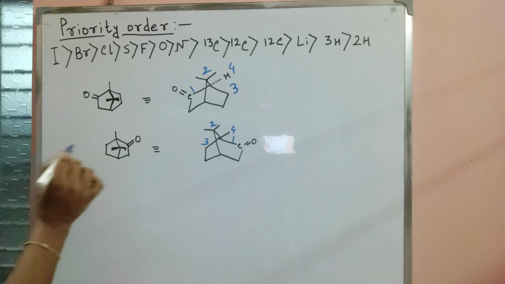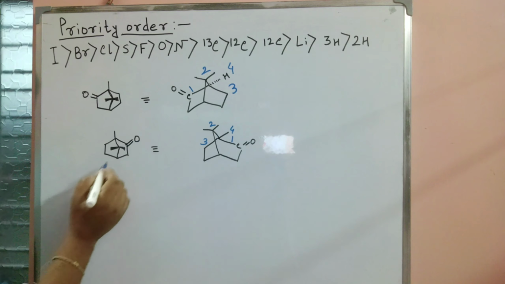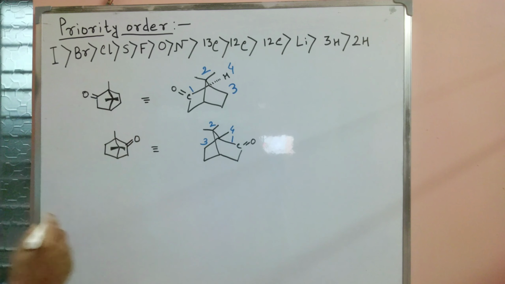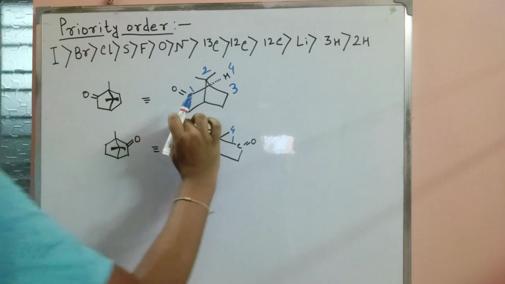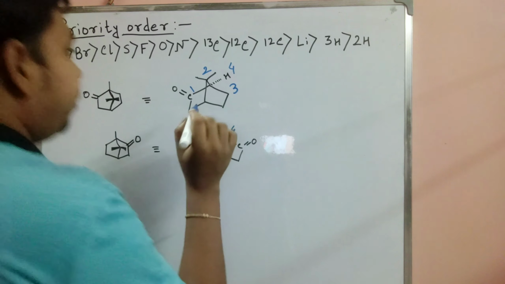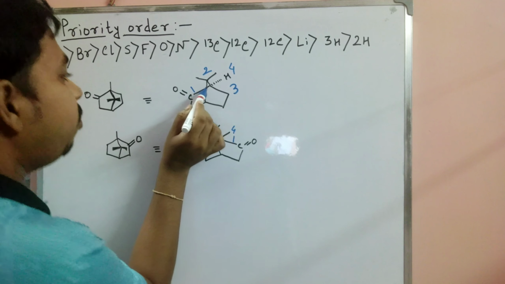In that case, the given molecule is here. One carbonyl group is present on the left side and on the right side, and here there is one 2-methyl group present. So at first we convert this molecule to this form. After conversion of this structure, as per our priority rules, the C double bond O is on our left side.